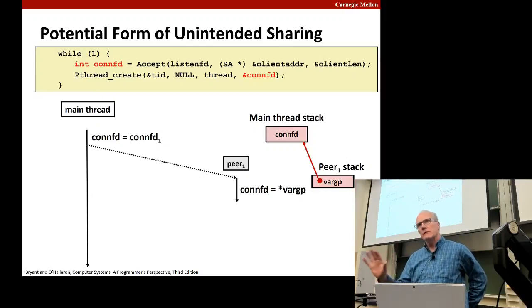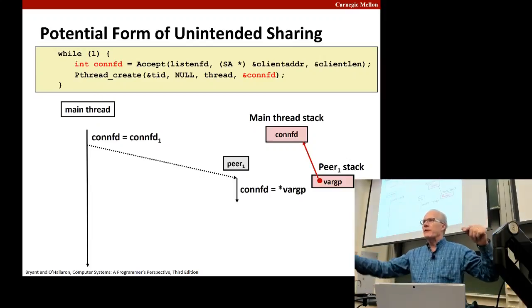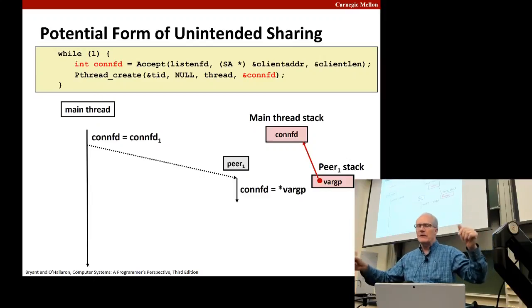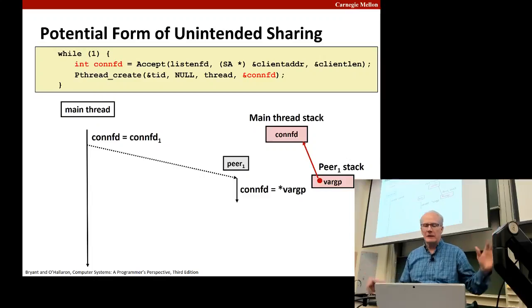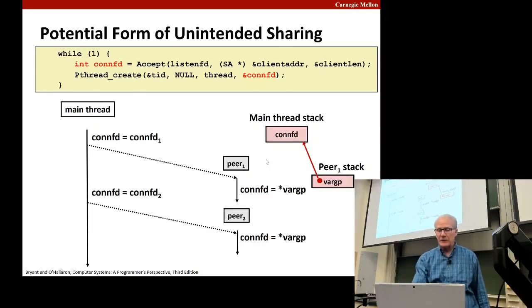One of the weird things about threads is it's perfectly legal to have references between the stacks of different threads. It's possible and it happens. So that's not inherently a bad thing. The problem is that, let's just assume that this connection FD is at the same location in the main stack throughout the life of this while loop. The problem is if I then create a second thread, then I've set up a race condition